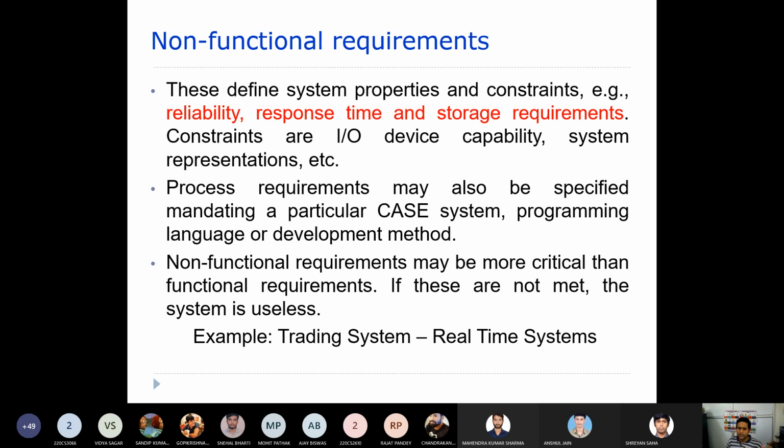Okay, so let's say if you talk about the ATM system again, what will happen? So there is a response time, right? Within 2 or 3 minutes, the system should respond to the user, right? So this way there is a response time. Or maybe you can say the performance can be like this. The system that you developed should be able to handle this many number of users at a time.